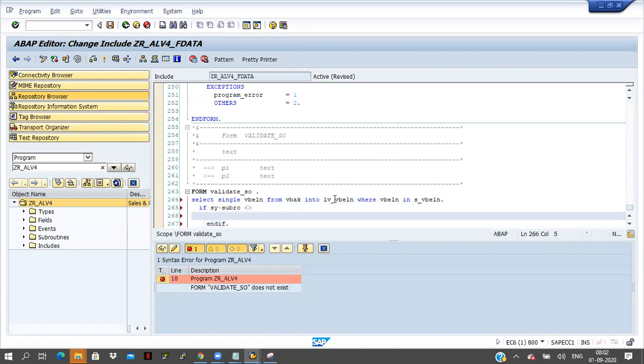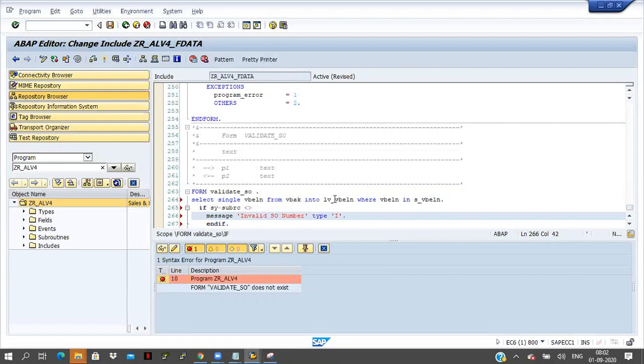So here if SY-SUBRC is not equal to 0, if the document number is not available, then what I have to do? I have to display message invalid SO number.